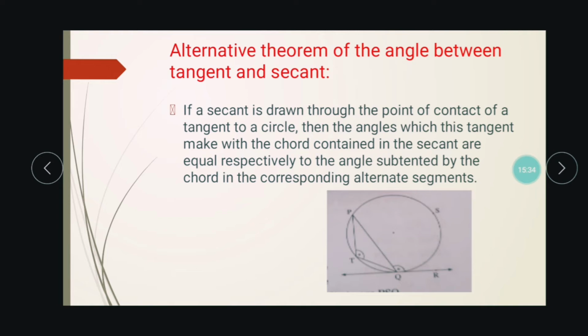I have not written the proof of it, as only the statement is written in the book. So the proof goes as such, a very easy proof, you will understand, if you have understood the previous concepts of the chapter. Now come to angle PTQ. It is equal to half the measure of arc PXQ.